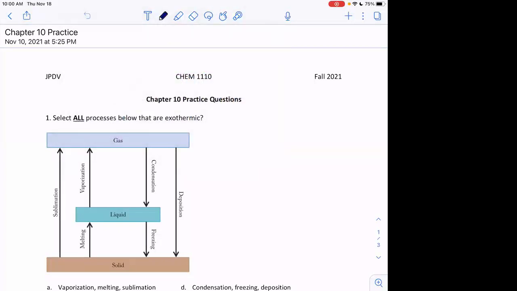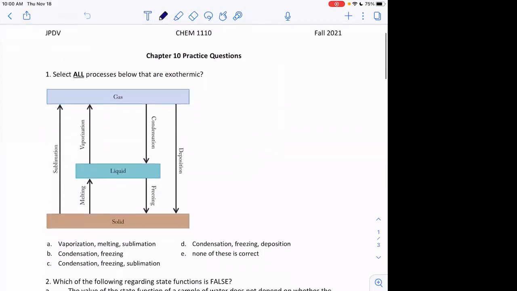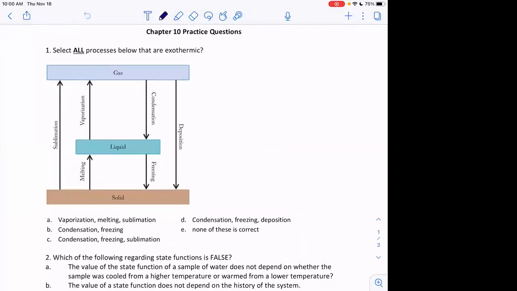Let's take a look at our practice. Select all processes below that are exothermic. You can obviously guess that it's going to be either all the up arrows or all the down arrows, so you can eliminate the ones that have two, because